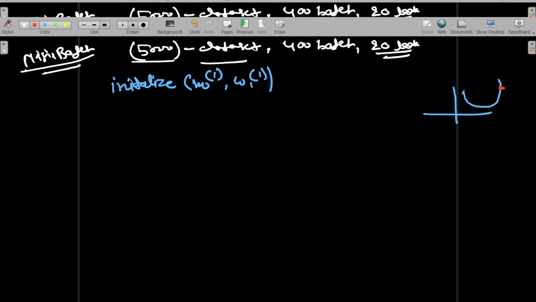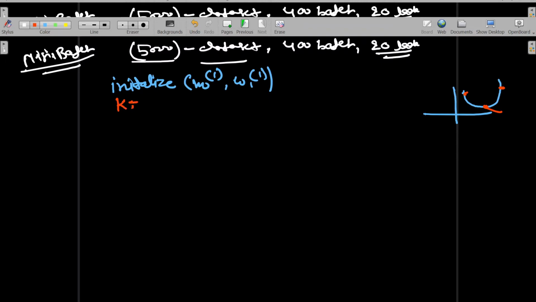So let's suppose you start from anywhere, you can start from here or here. Our intention is to reach this minima, this particular point. So we can start anywhere, we just take w0 w1, any point on the space of w0 w1. For each w0 w1 we will have a corresponding loss on the graph, the loss function. So let's start from the first point w0, the first point w1, anywhere you take it.